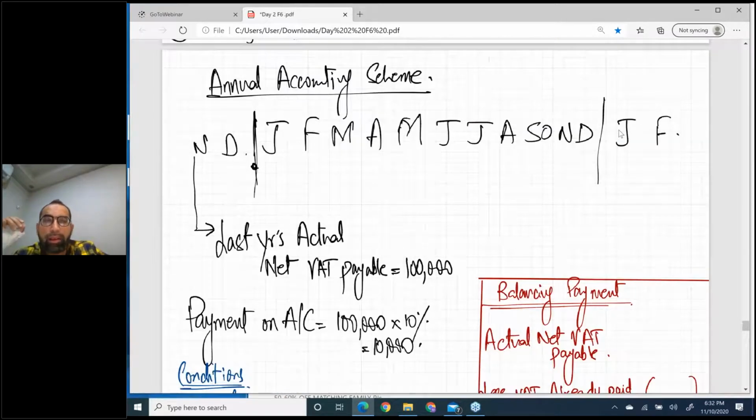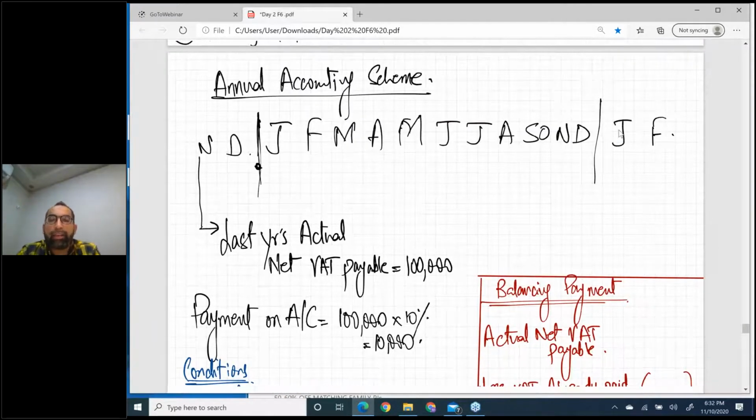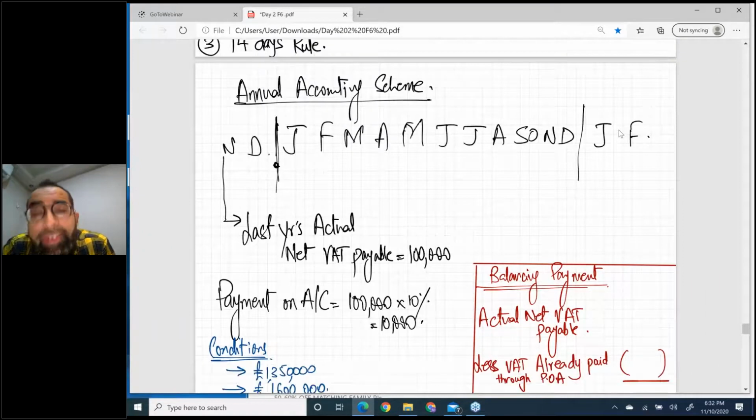Now you definitely studied these three schemes. There are three schemes in your VAT, value added tax topic: annual accounting scheme, cash accounting scheme, and flat rate scheme. There are three schemes in your course for payment of tax. What is annual accounting scheme? First of all,